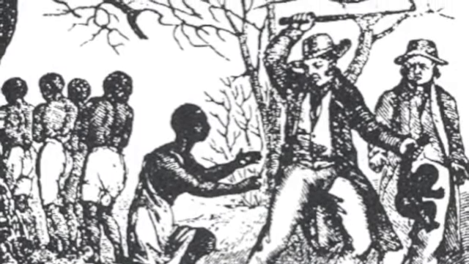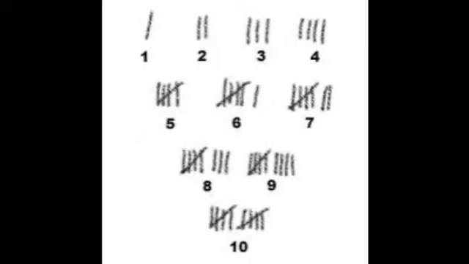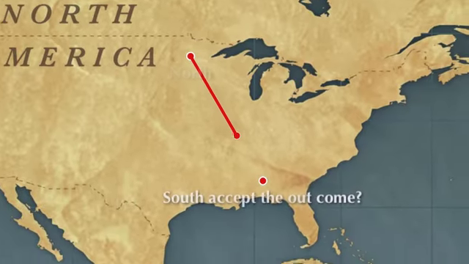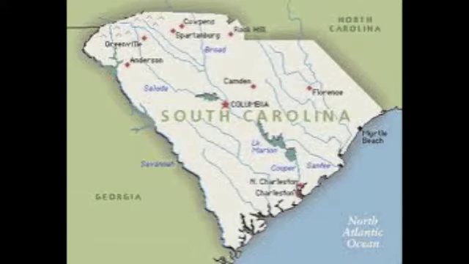The results of the election. With 4 candidates in the field, Lincoln received only 40% of the popular vote and 180 electoral votes, enough to narrowly win the crowded election. This meant that 60% of the voters selected someone other than Lincoln. With the results tallied, the question was, would the South accept the outcome? A few weeks after the election, South Carolina seceded from the Union.